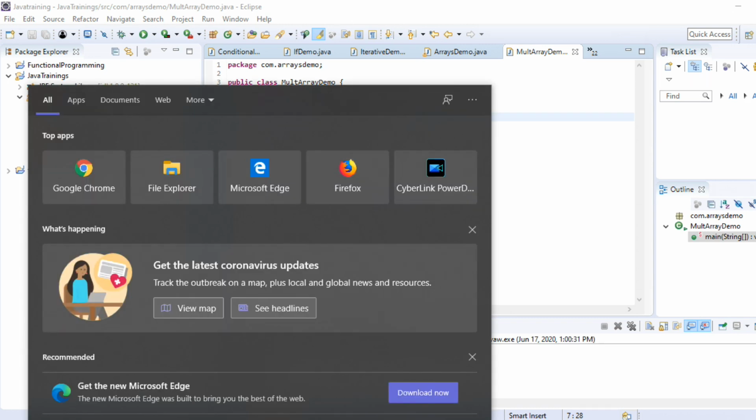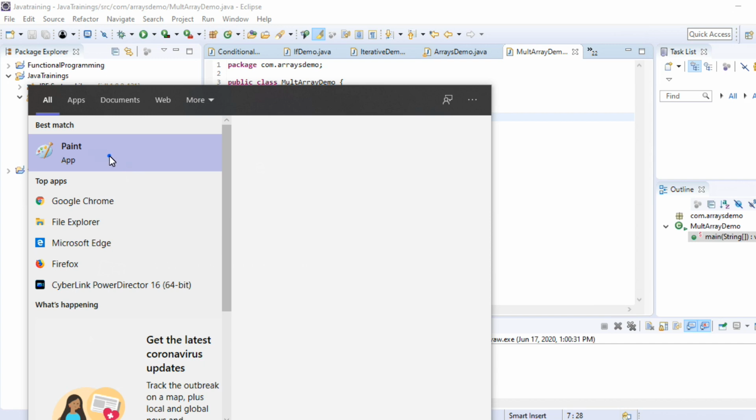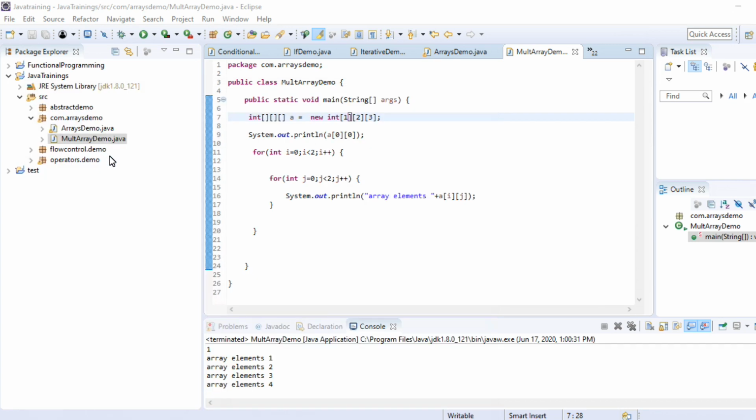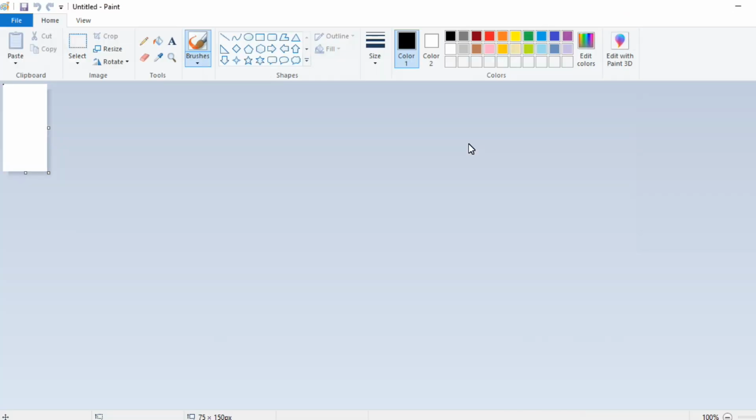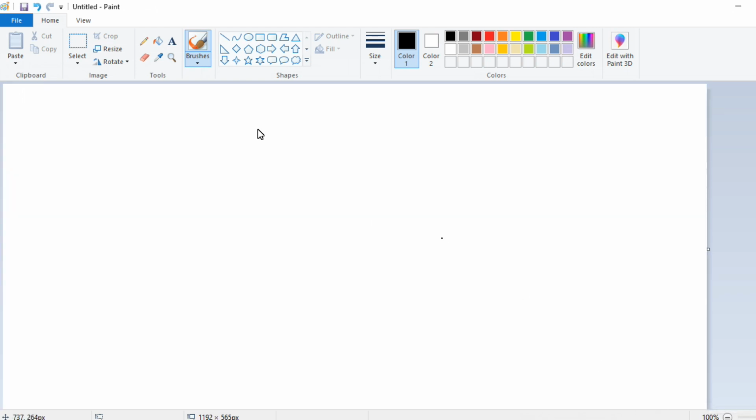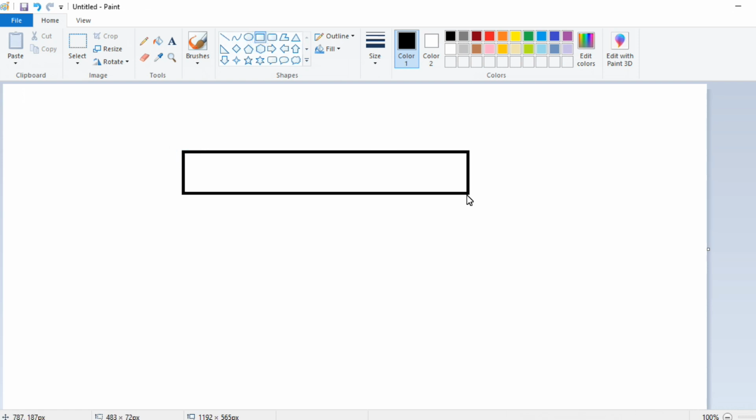I am taking Paint. Inside Paint, I will try to draw how the values will be. First we will draw the outer array.